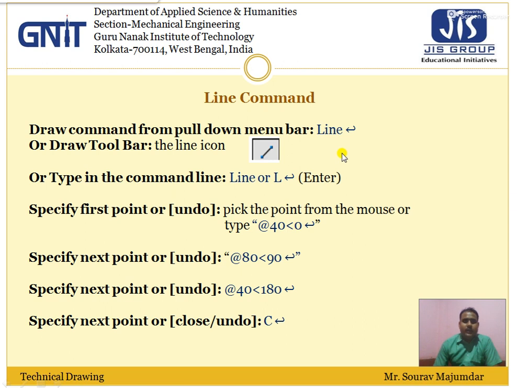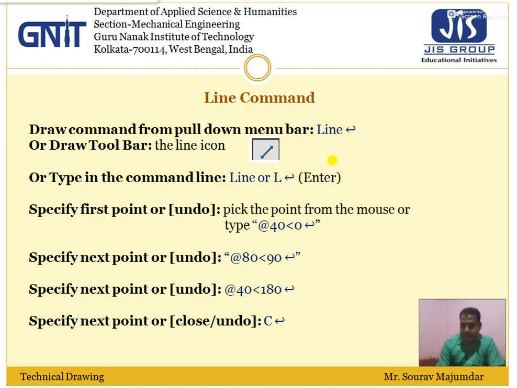This line command I can take from 3 different places. I can take this line command from the pull down menu bar at the top of the window, where there is a Draw menu, and from this Draw menu I can easily take the line command. Or we can take the line from the icon in the Draw toolbar. So this is the icon in front of you. I can just click on this to take the line command, or we can take this line command